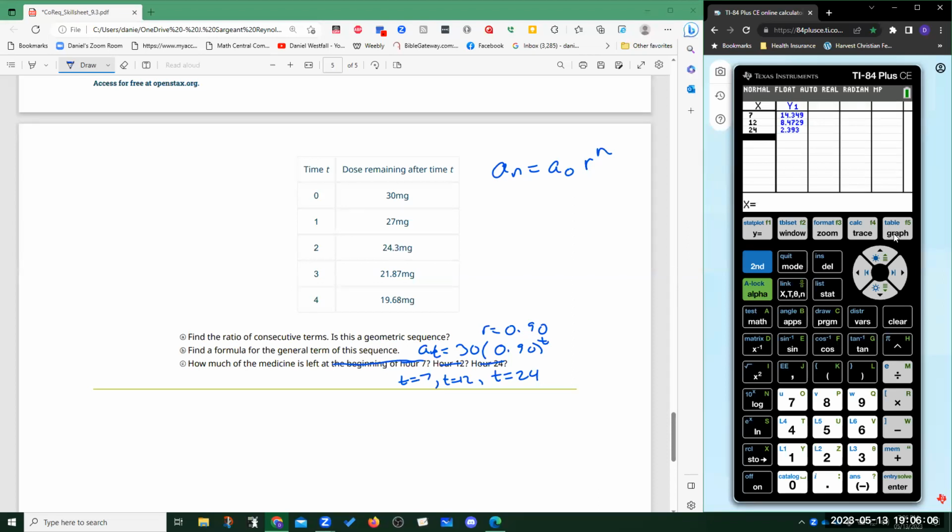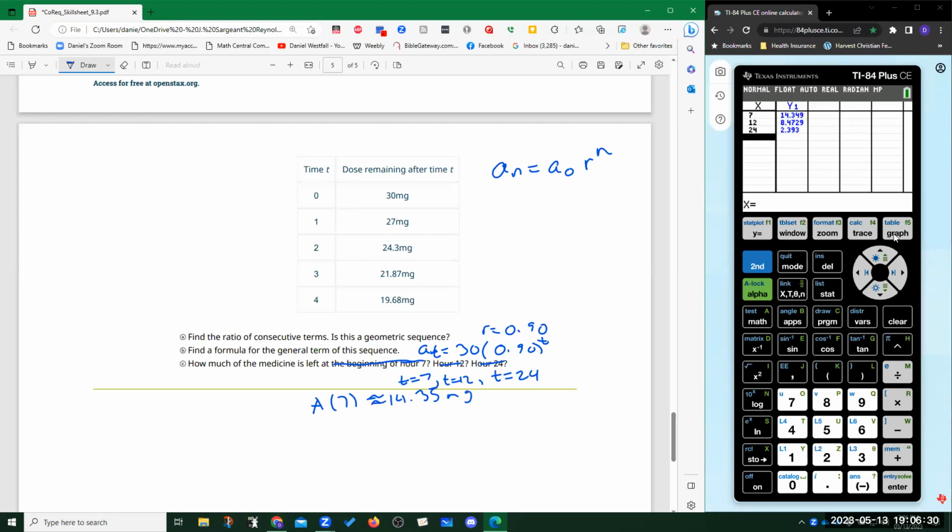And I'm going to look at the graph and show you what the graph looks like in a second. But we're going to see that the amount, I'm going to call it A for amount, when t equals 7 is 14.35 approximately